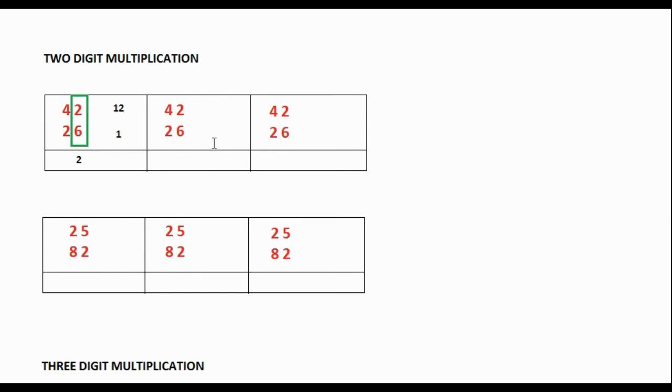In the second step, we are going to cross multiply numbers in the units digit and in the tens digit. So we are going to multiply 2 and 2 and 4 and 6. We already have this 2 over here from the previous step. Now multiply 4 and 6 will give 24. 2 and 2 will give 4. Already we have 1 from the previous step. So if we add that, we'll get 29. So write this 9 over here and keep this 2 in the tens place to the next step.